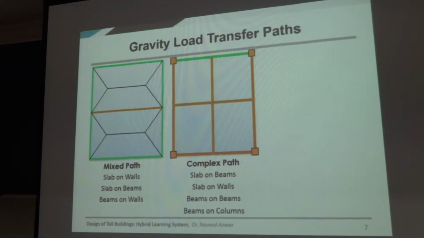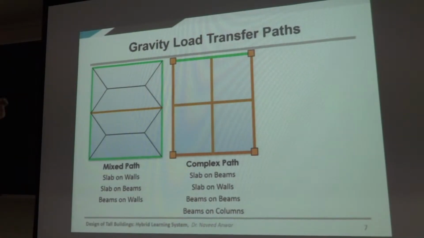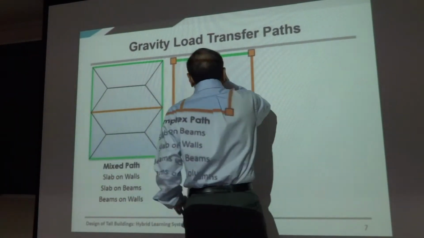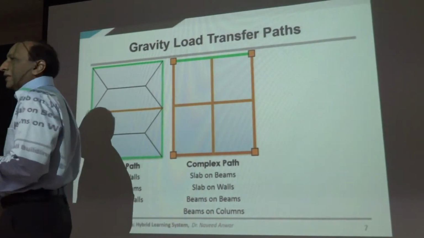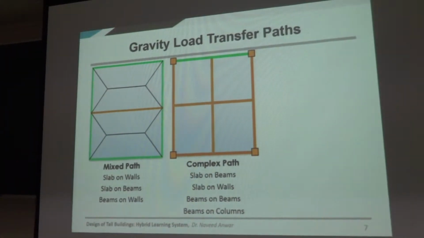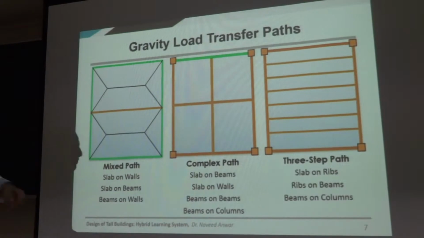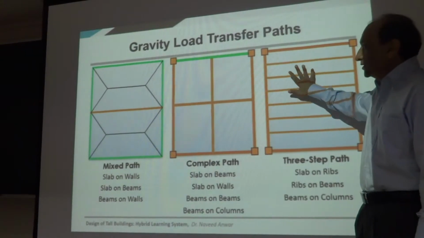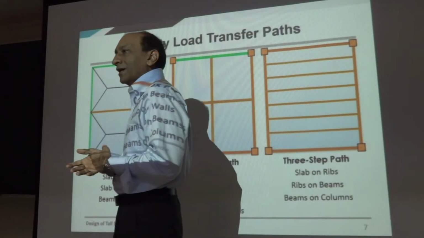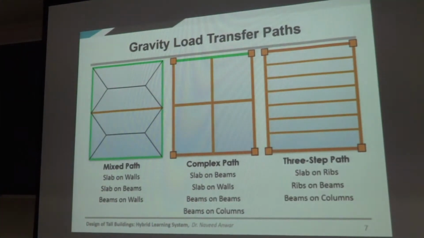because it's not up to you, it's up to the system to determine how the load will be transferred. You cannot tell the system in this case to do it this way. It will depend on the relative stiffness of many things: slab, this beam, that wall, this beam, everything. Which means that we conclude that the load transfer in gravity systems, and another one, three-step. You have this beam, this one, that one, right? So you can see from here that as soon as you keep adding more and more elements, the load transfer path starts to become more and more unpredictable